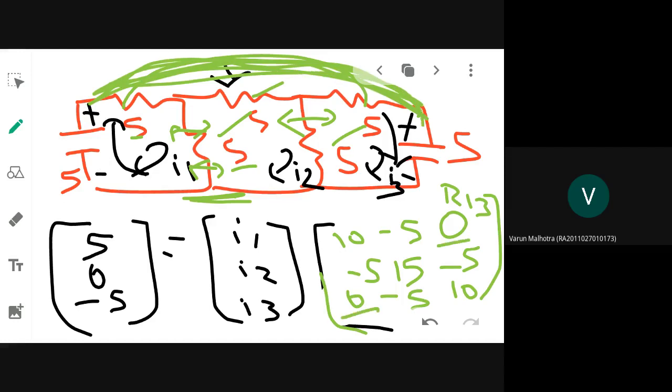Ma'am, what is supernode? I think you have written the answer in the pre-lab, no? Ma'am, I think we didn't study supernode. Supernode problems will not come for you because it is very complicated, so they don't give supernode problems. That's why I'm not discussing it. Anyway, next class I will tell you what a supernode is.